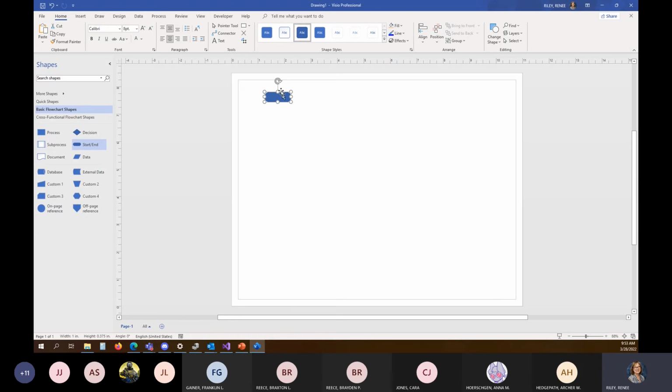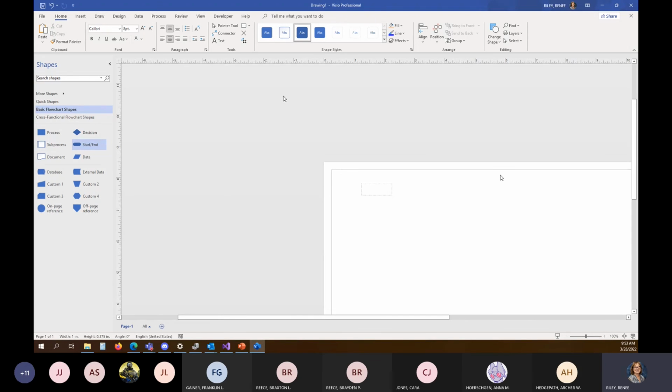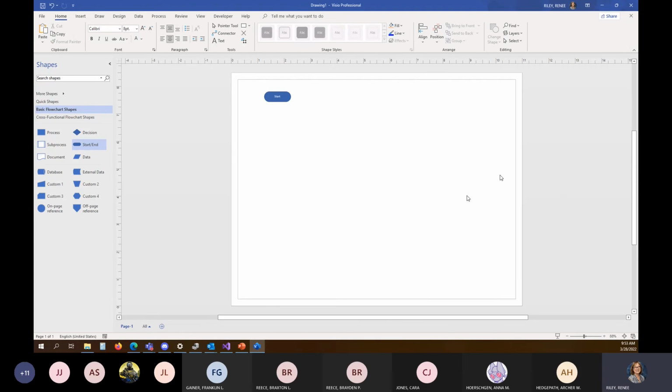Now I want to put the word start in there, so I'll double click it and type the word start. Now I've got that start icon. There are a lot of ways now that I can add more to my flowchart. Notice how if you mouse over it, Visio is giving you suggestions. It's got these little blue things that say, oh, would you like to create another shape? If you want to, I'll draw a line to it and drop the shape there in your drawing if you